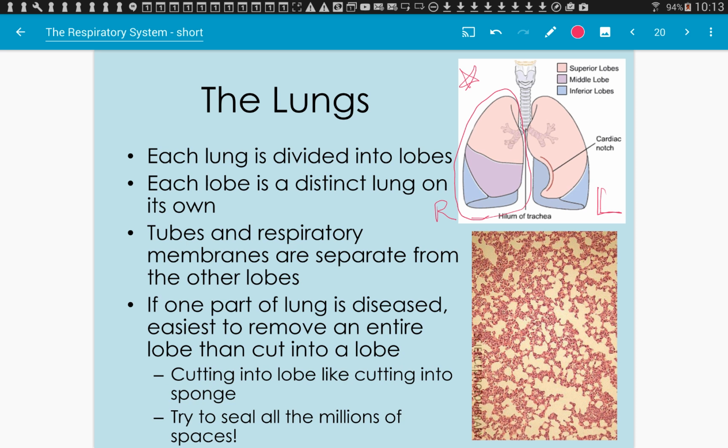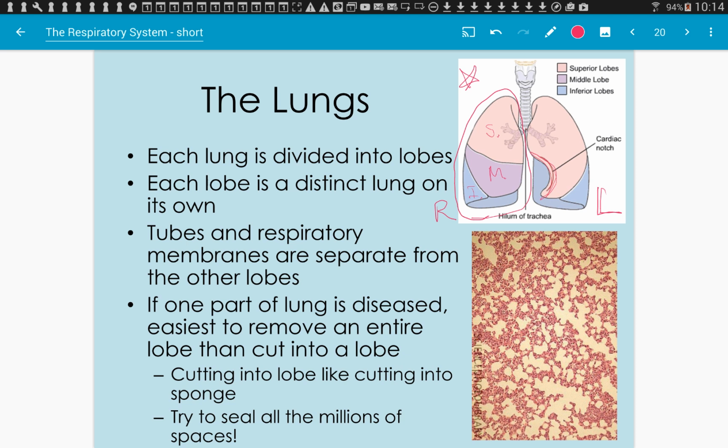3. Okay, and so notice they're labeled up here. So this is the superior lobe, middle lobe, and then what's the bottom one? Inferior. Now, on the left side, how many lobes do we have? So which lobe is missing? The middle. Okay, and we have this lovely little notch, our cardiac notch, and that is there for our heart,